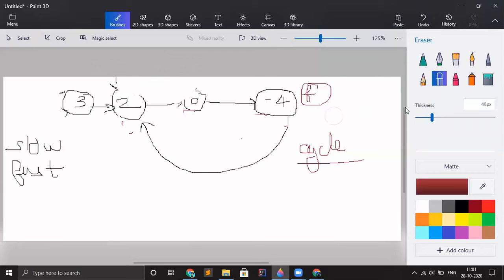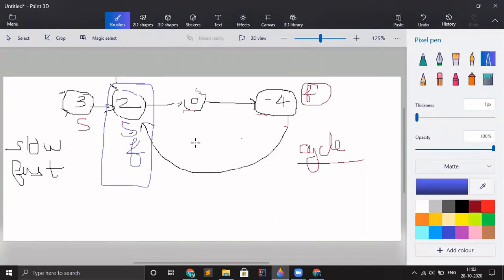So assume that after finding the point where the slow and fast pointers are meeting, we are moving the slow pointer to the head. Now we need to move slow by one step and also the fast pointer by one step until they meet again. After the second traversal, the slow pointer reaches here, and the fast pointer we are moving one step, so the fast also reaches here. So the slow and fast pointers are meeting again at the value 2. This means that this is the starting point of our cycle.